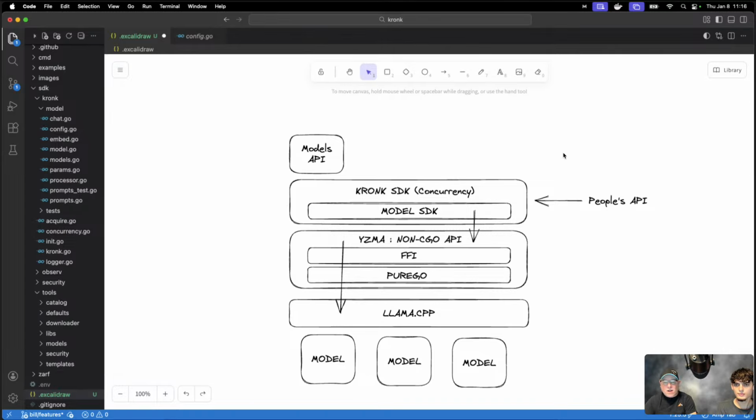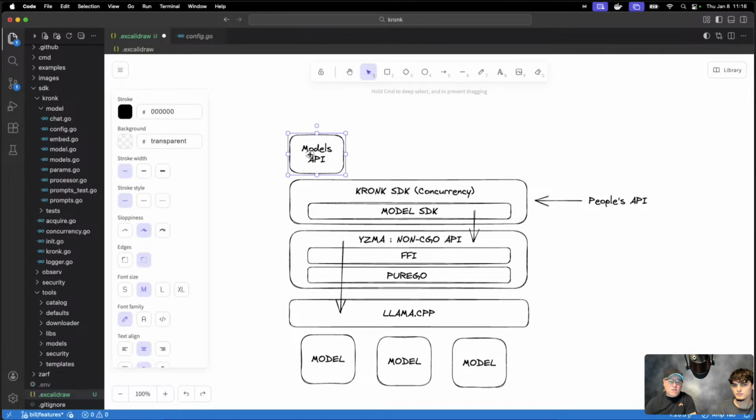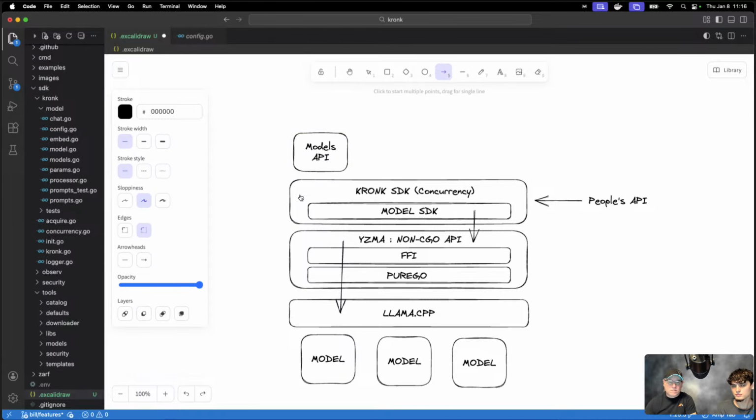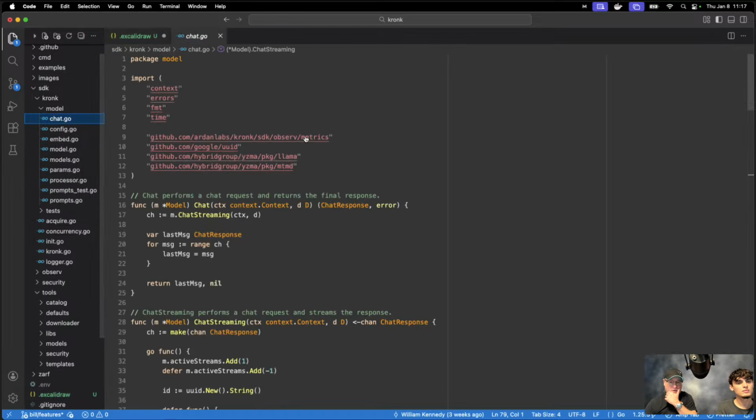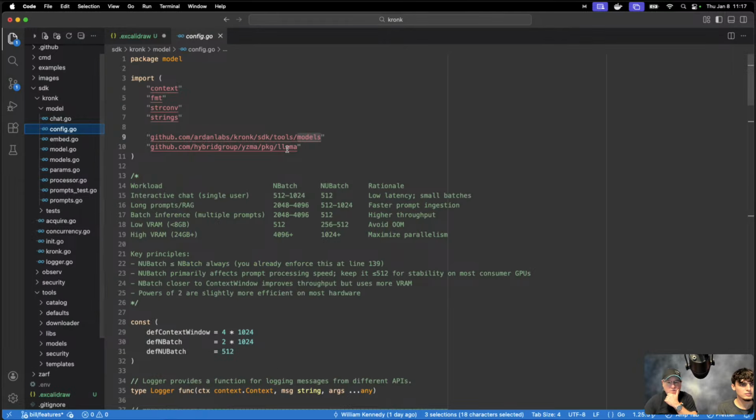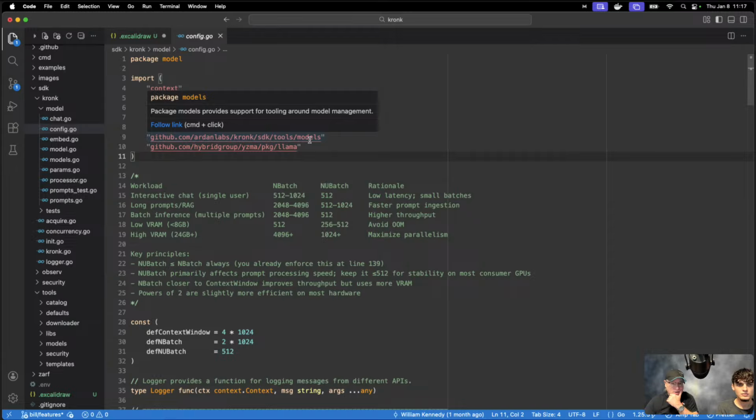But as we saw, the models API is also being used by Kronk, and we're using that to check model integrity. I put it in here. Now, one could argue, and maybe this is what we should do, because I really want to minimize these sorts of imports,